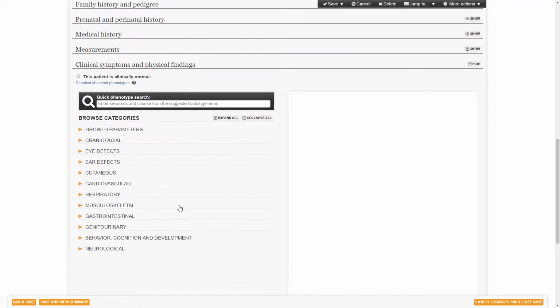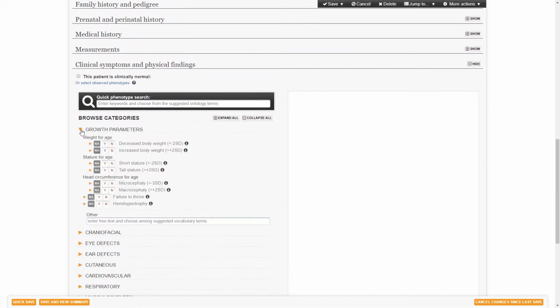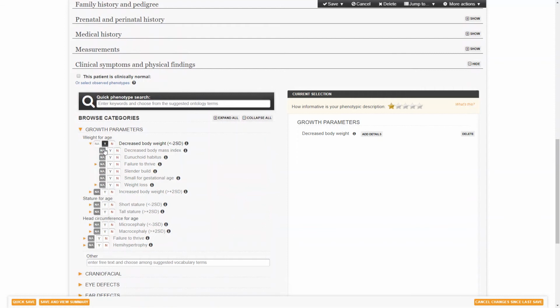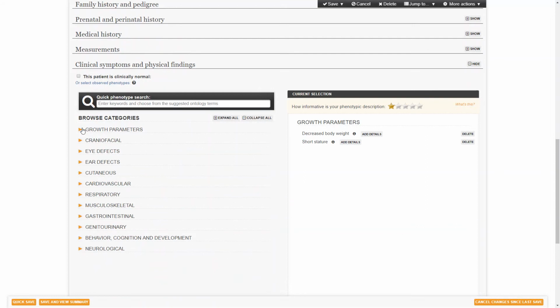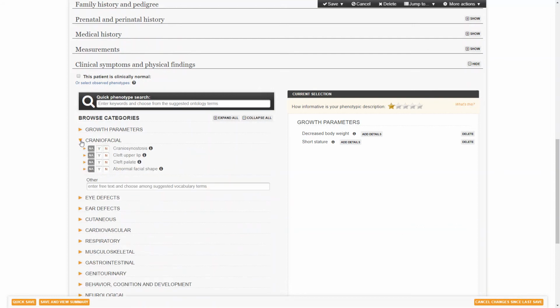One way to enter phenotypes for your patient is by selecting HPO terms from the included drop-down menus. For our example patient, we are going to select some terms from the Growth Parameters menu. I am going to click Yes for decreased body weight and for short stature. Then I am going to minimize this menu by clicking on the arrow on the left and expand the craniofacial